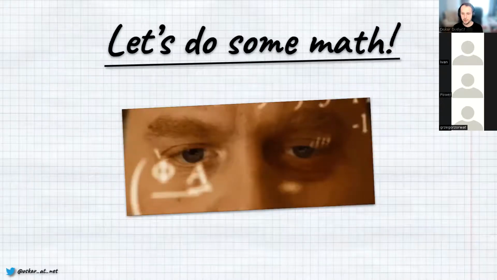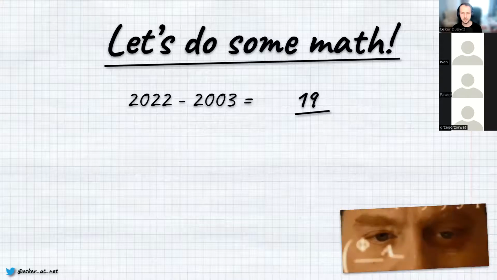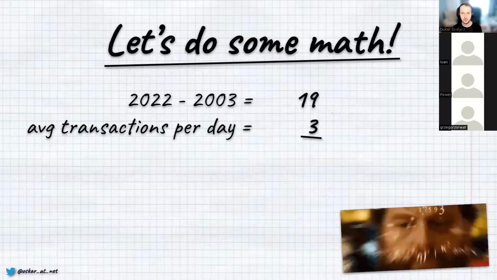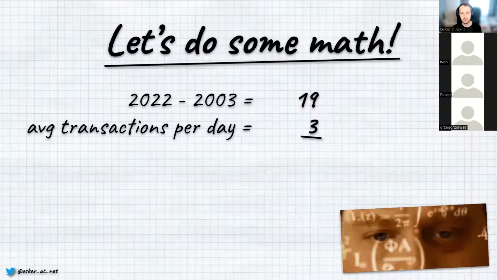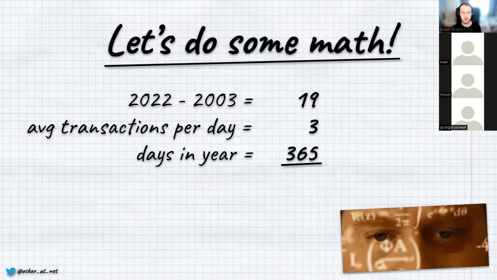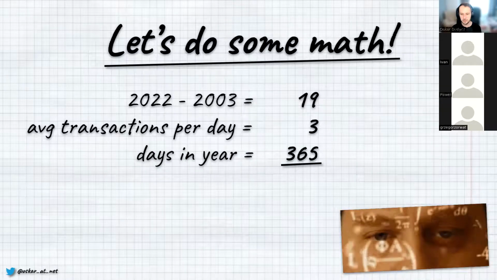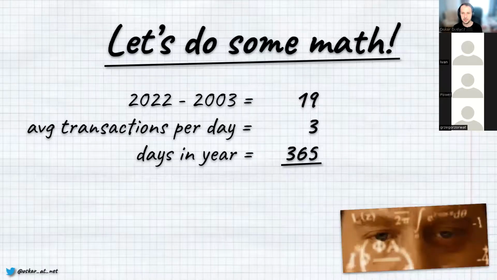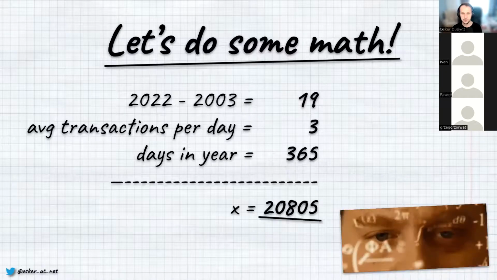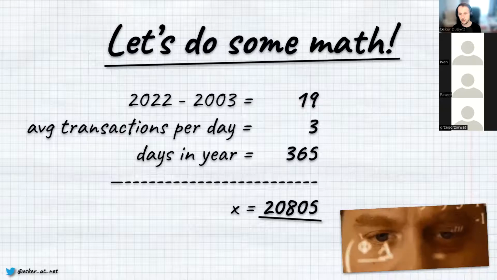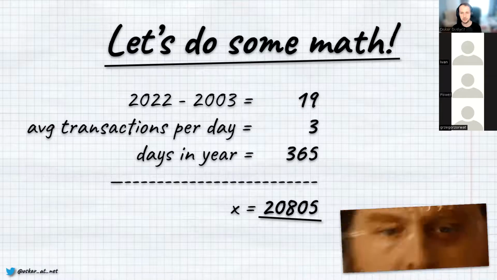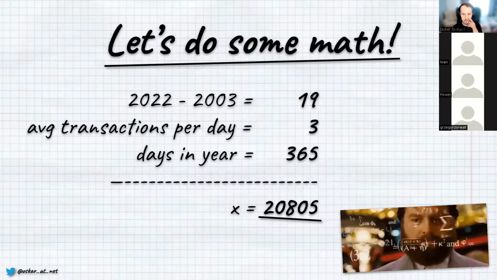And let's do some math before we go on. So it was 19 years ago, more or less. Let's say that I was making three transactions per day during that time. And let's just make this easier and say that each year has 365 days. So if we get the total, then that will give us 20,805 transactions that happened during that time. I'm not sure if that's the correct